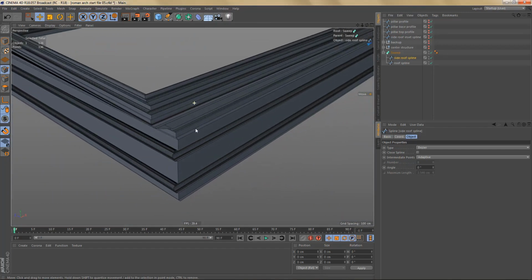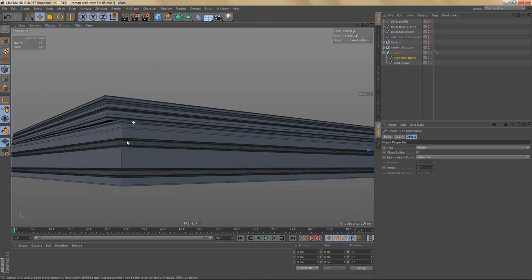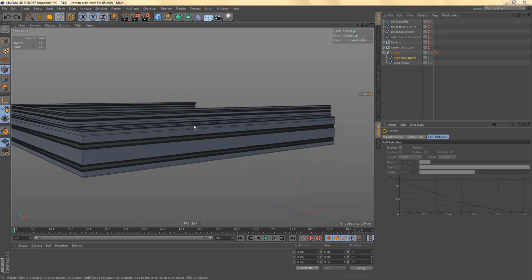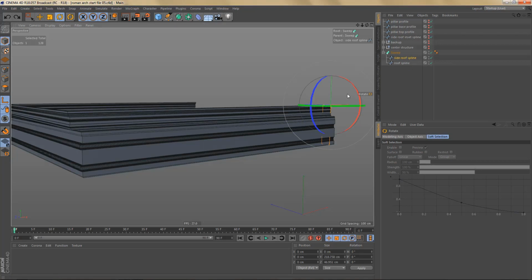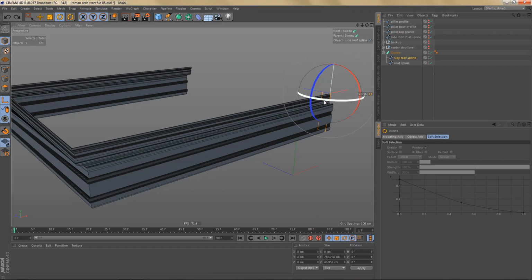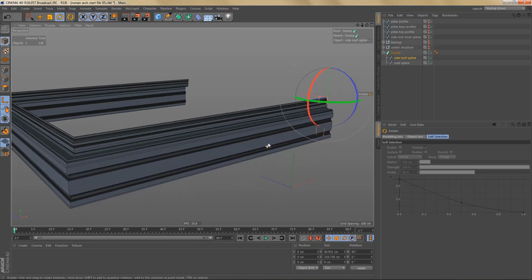We need to fix this because obviously this doesn't look good, and the reason is because of the rotation of our profile spline. So let's go ahead and fix that. I'm switching to model mode and I'm going to enable the axis. Make sure that your side roof spline is selected, and then I'm going to rotate this 90 degrees this way,